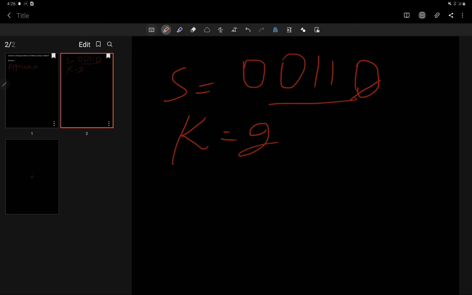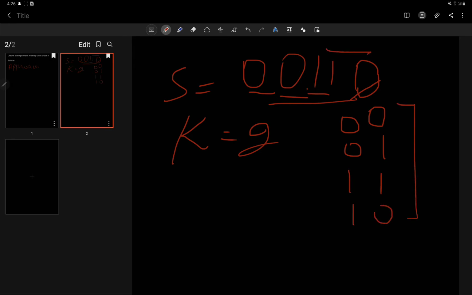So what we'll be doing is, we know that the combination of binary is always unique. This we know, and we will use this concept for this question. So we just make the pairs of them: 00 is the first pair, second pair will be 01, next pair will be 11, and another pair would be 10. So it contains all the values of size 2.